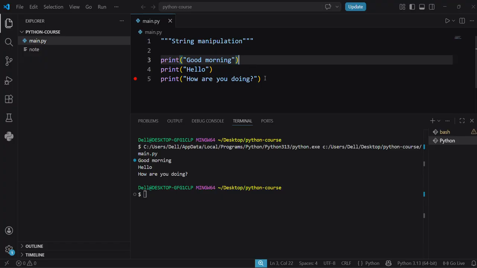But there is a better way we can save ourselves from writing three print statements, okay? There is a better way we can handle that by using the backslash n character. We can say good morning, and then we use the backslash n, and we say hello, and we say backslash n, and we say how are you doing? Okay, let's see what will be printed